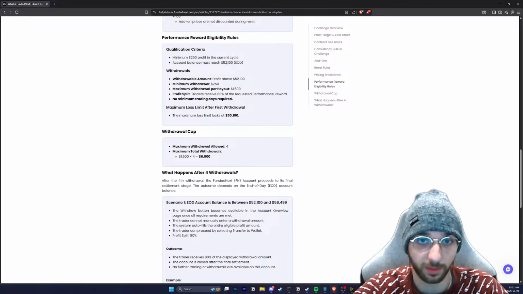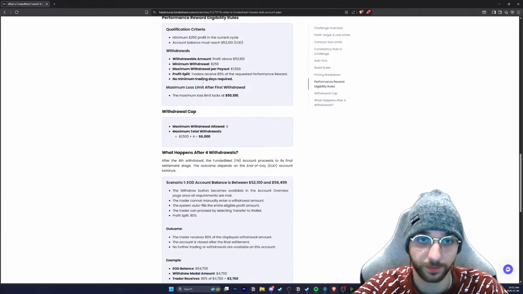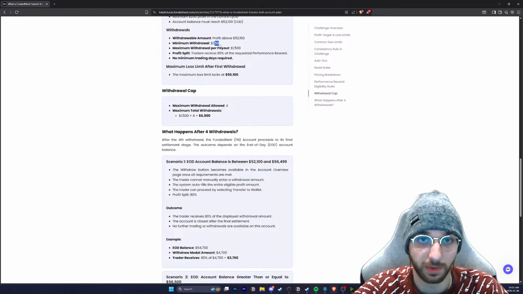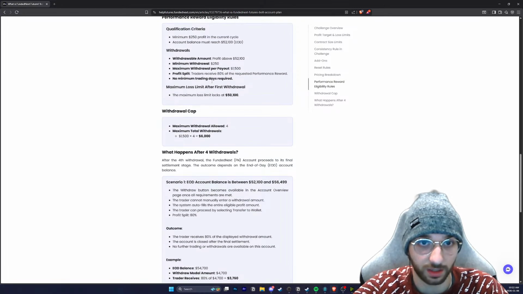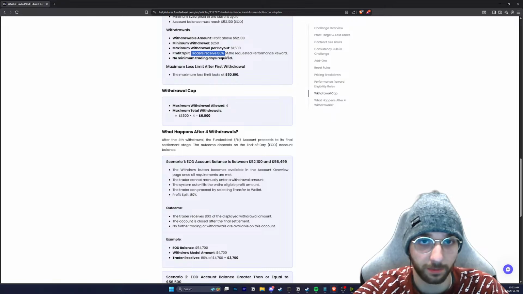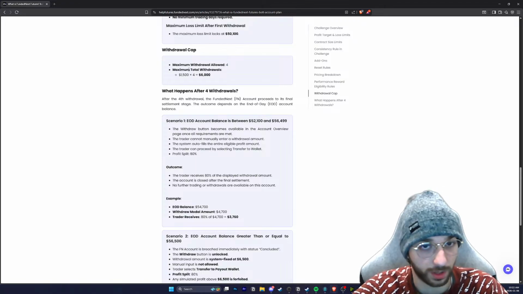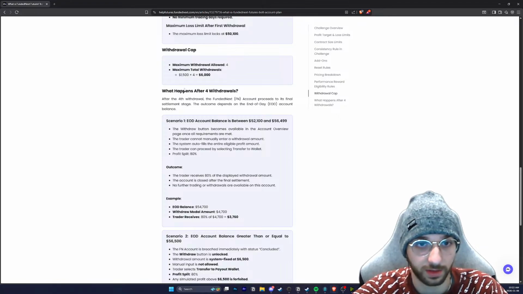But yeah, cross the buffer, 52,100, and then minimum withdrawal is 250, max is 1,500. Profit split 80%. Withdraw cap. Max withdrawals allowed 4. So you can withdraw 4 days. Let's say you make 1,500 in 4 days. You can withdraw $6,000 in 4 days, 1,500 every day. And then after your 4th withdrawal,